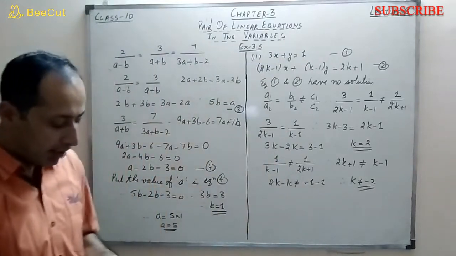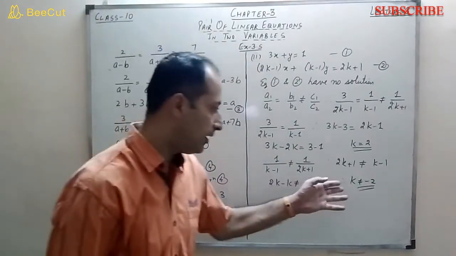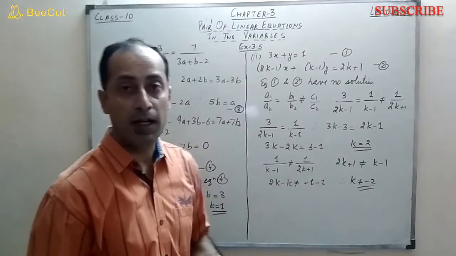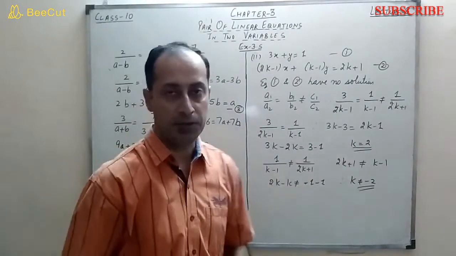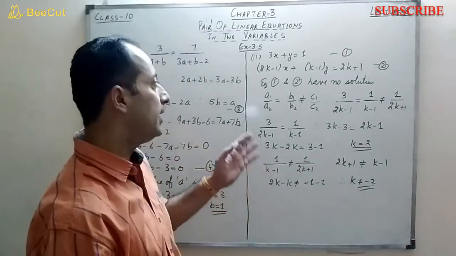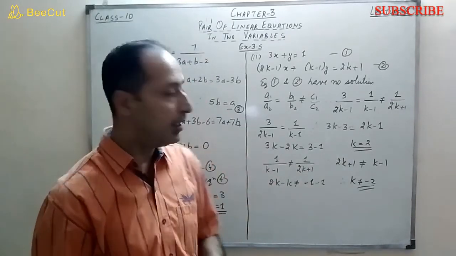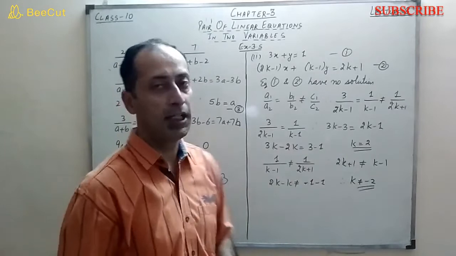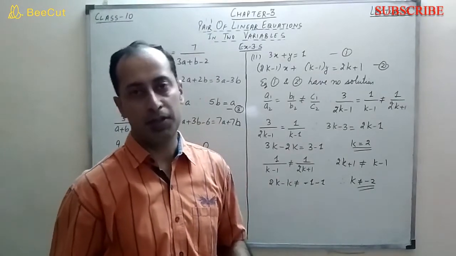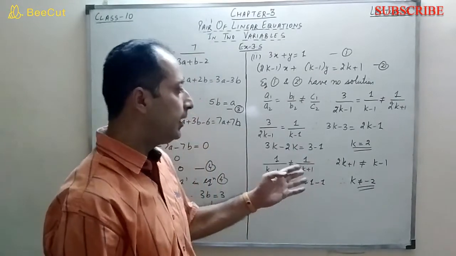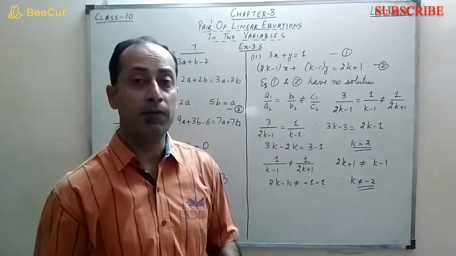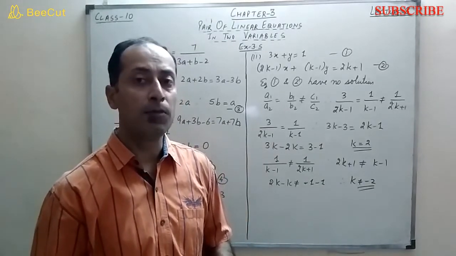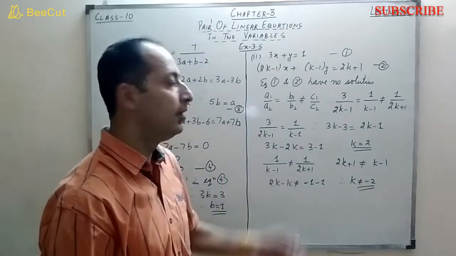Right? See what can happen, why we have done this. Although it is not required in this case, it is required when you are getting two values. There is an example in the book in which it forms a quadratic equation, and then you get two values for k. Then from the two values, one will be excluded. Then how do we come to know? We'll come to know from this form only.